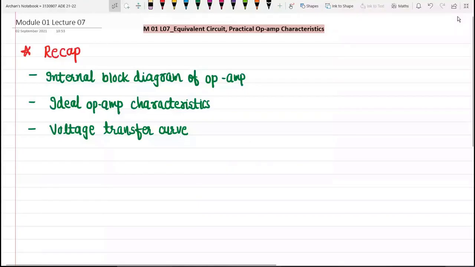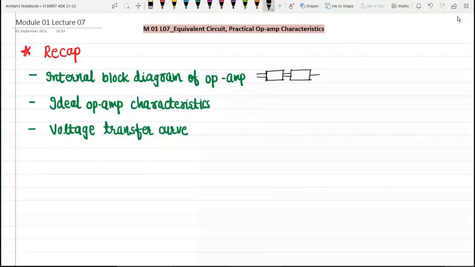We'll start now. In the previous sessions of analog and digital electronics, we have gone through the internal block diagram of the operational amplifier. We have seen that there are a total of 4 stages. The first stage is the input stage, a dual input balanced output differential amplifier. Then we have the intermediate stage, which is a dual input single ended output differential